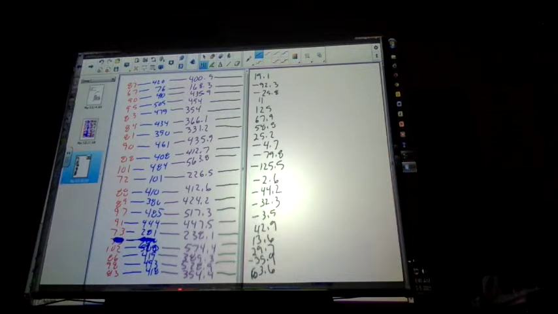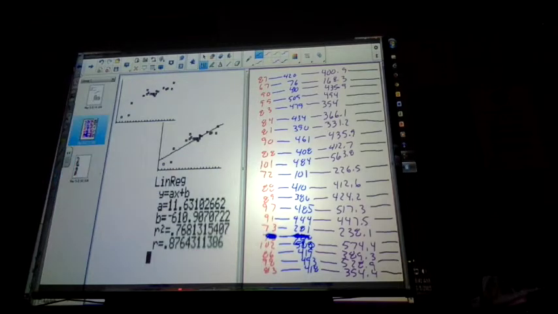So if the answer is positive, that means our implied data point is above our line of best fit. If it's negative, it's below the line of best fit. Does that make sense? Okay, so what we want to do is think about our graph. Does it appear some of our data is above the line? Does it appear some's below it? So the positive values that we just did are above it, and the negative are below it.